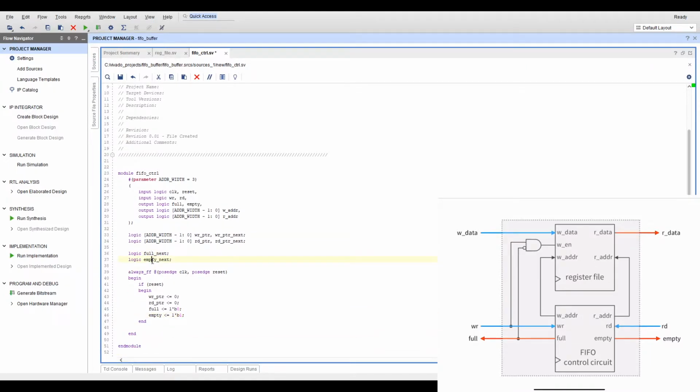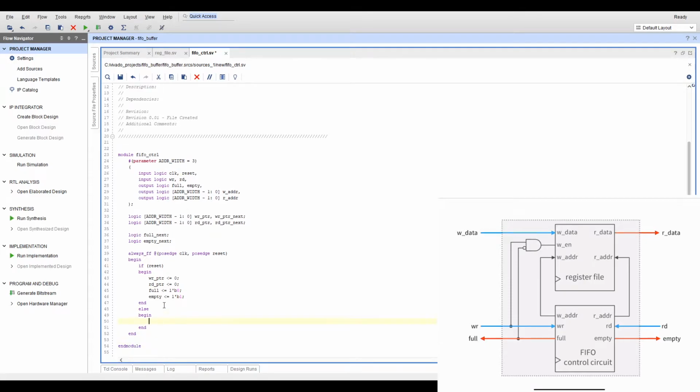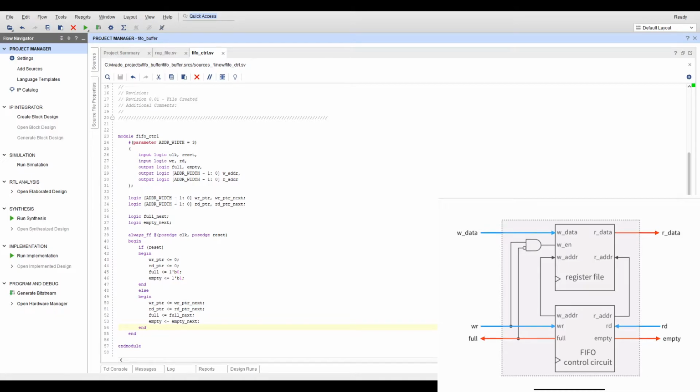Again, full and empty are basically status flags, and I need to keep track of them because it's pretty difficult to actually know when it is full and when it's empty unless I'm keeping track of it while I'm writing and reading. And you're going to see how we're going to change them shortly. Now, in the actual operations of all these registers, all I need to do is just update the current value with the next value, and that's about it. So I went ahead and wrote it. I'm updating the write pointer, the read pointer, the full and the empty